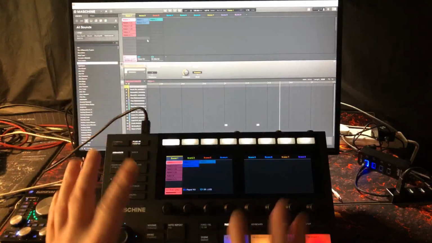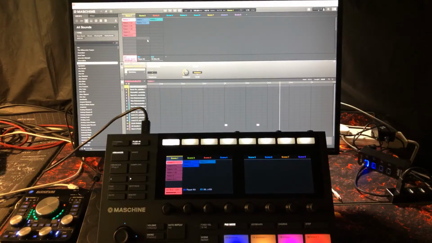Everything is reflected. So you can work almost entirely in Maschine, except that arranging songs is a lot easier to do via the software. Okay, so the first thing you want to do,